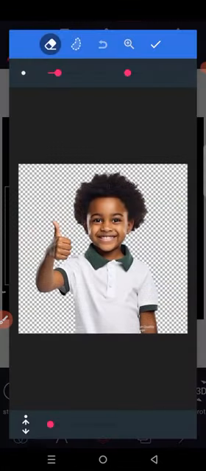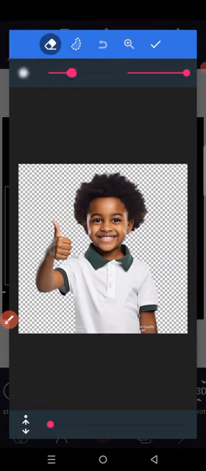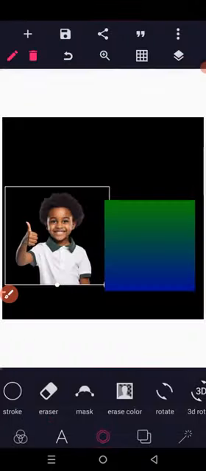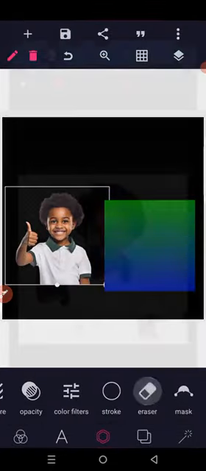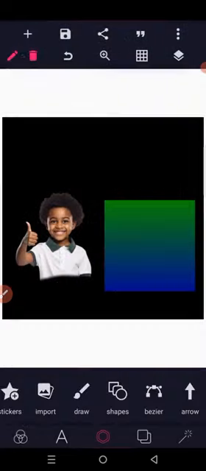Now we're going to use this eraser to blend the edge. For instance, now you can see that this edge is a sharp edge. So we want to blend it to the background. So we want to do something like this. If you extend this to the edge to the extreme, it means you want it to be faded, and that is what I did. So you're going to be seeing that. Okay, let me try that again. Take it to the extreme, and then you're going to see that. So that's how it works. So I won't do that for now, and then we'll move on to